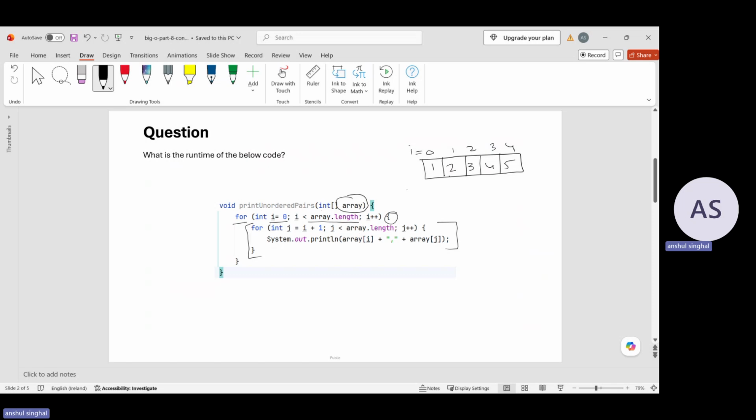So when we are at 0, let's say when I is 0, right? Then we have one more for loop in which we are going with j's I plus 1. And also keep in mind that we are referring to the same array here, right? So it means j starts from the next value of I. So it means j will go from 1 to 4,